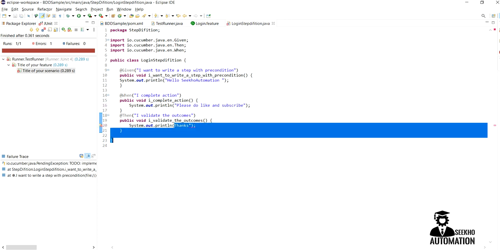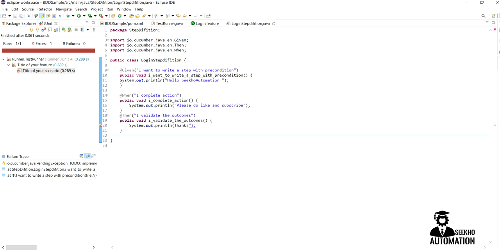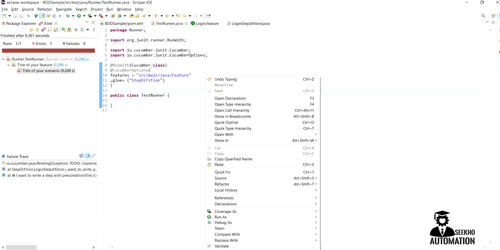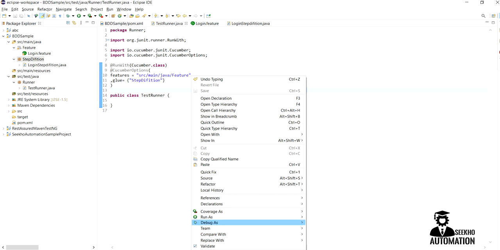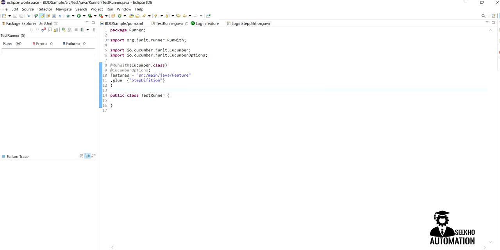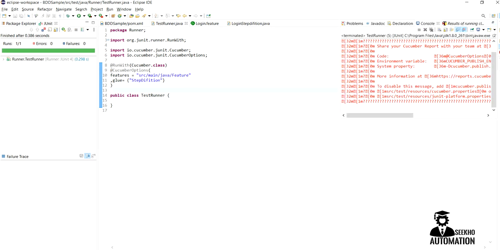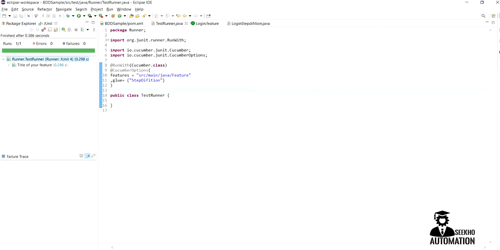So this is like a pre-code or sample code which I have included as of now. We'll try to execute the test runner file again. Now your error is gone. Click on JUnit test cases. We'll see what will happen. Yes, now it is running perfectly fine.